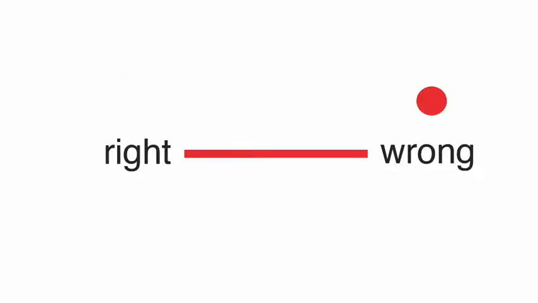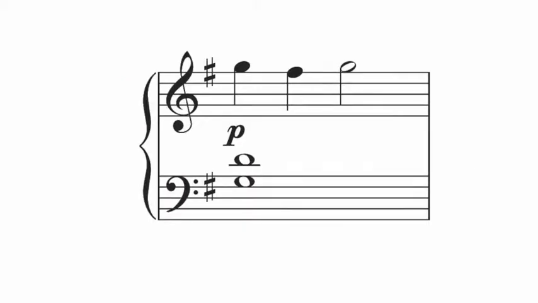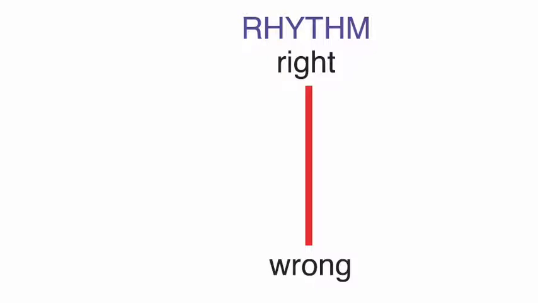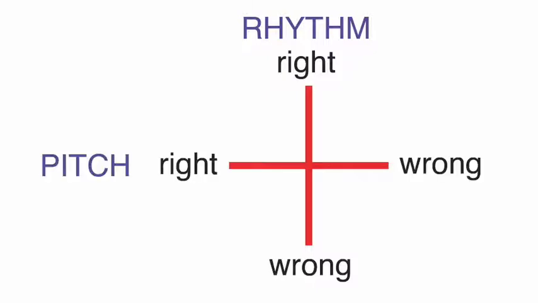The student does not look any further. So then I would say, did you notice that some notes are black and others are white? What does that mean? The student would say, I forgot about the different rhythms. So what is needed is to consider not just whether we are playing the pitches right or wrong, but also the rhythms. And so the goal is to get both the pitches and rhythms right, rather than just the pitches right and the rhythm wrong.